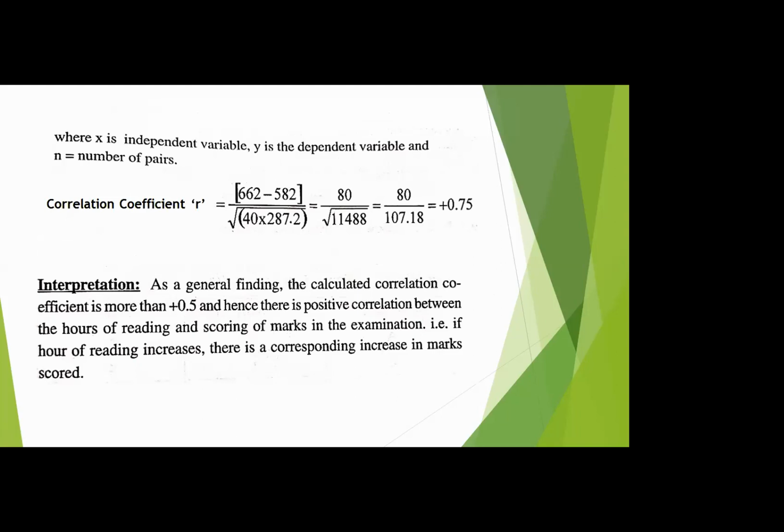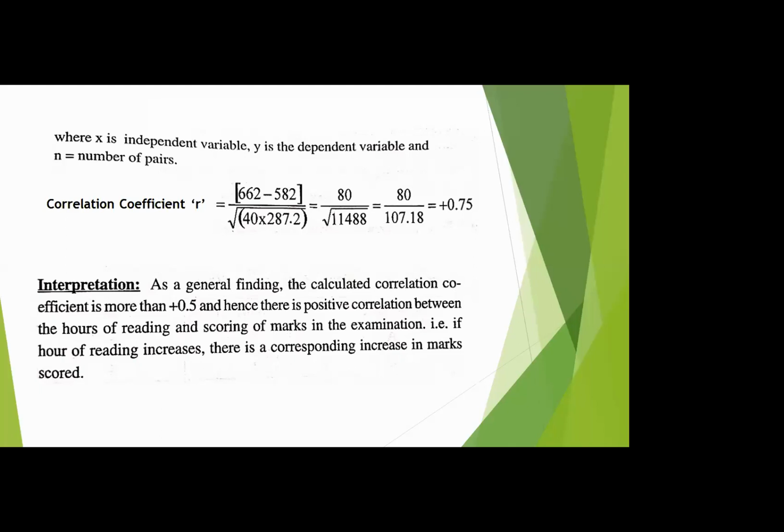So this R value 0.75, we know that if it is positive, plus 0.75, it's a good, strong positive correlation. What it means is, there is a strong positive correlation between hours of reading and marks obtained. If the hours of reading increases, the marks scored also increases.